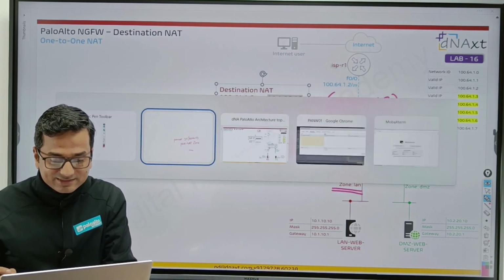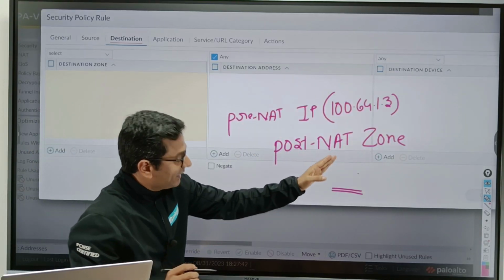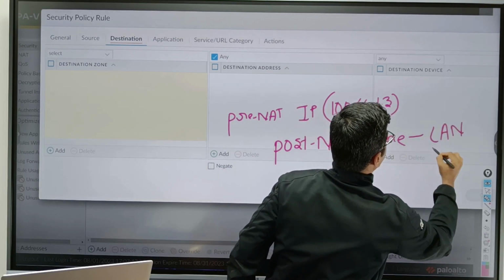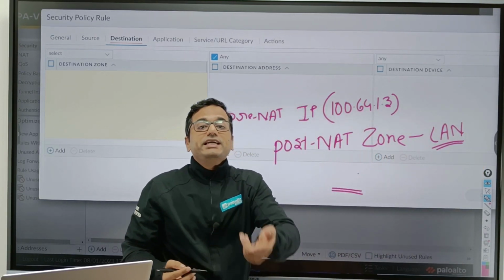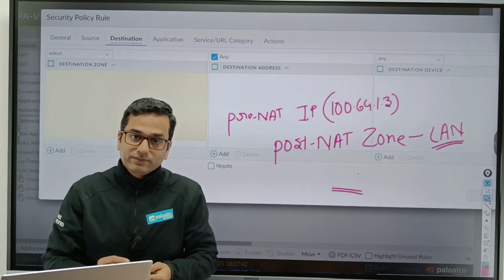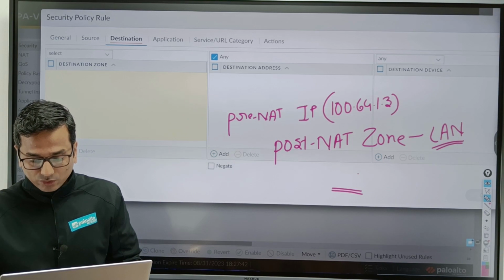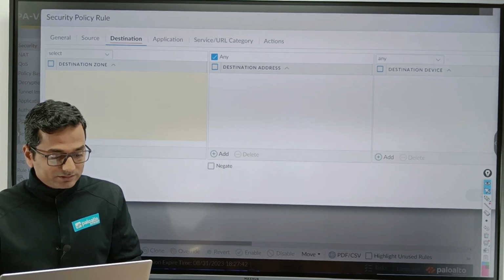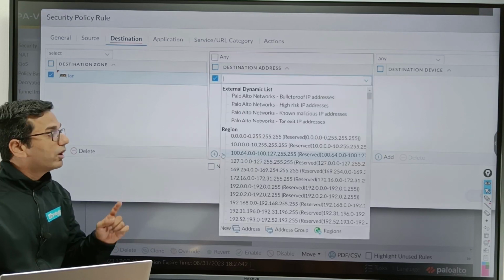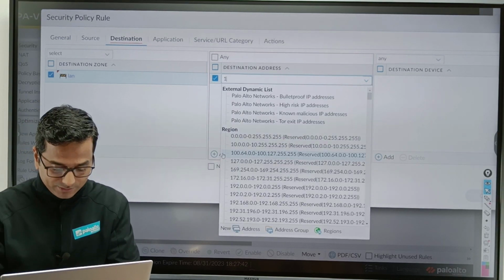So in this case, guys, our post-NAT zone is our LAN zone. Is it clear? So pre-NAT IP and post-NAT zone. Clear? Okay. This is the rule. Destination zone is your LAN zone, and for the destination address, you have to mention the public IP address here.